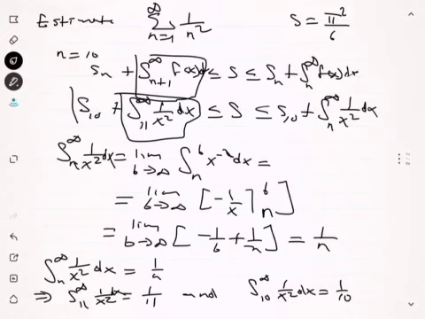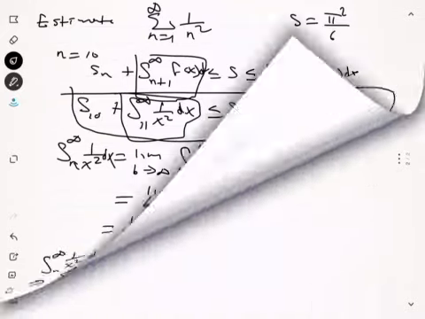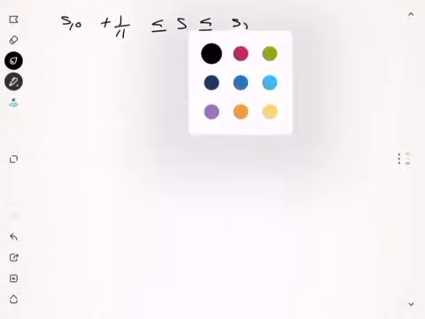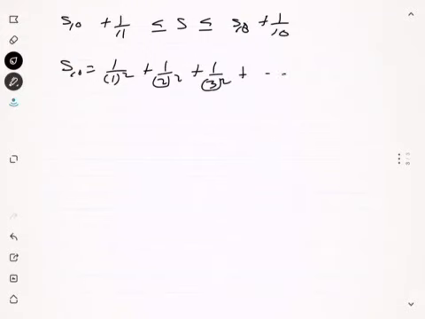So in other words, this guy right here, which I'm going to put in the other page because it doesn't fit here, is S10 plus 1 over 11 less than or equals to S, and S10 plus 1 over 10. And what is S10? Well, S10 is just 1 over 1 squared plus 1 over 2 squared plus 1 over 3 squared plus blah blah blah all the way to 1 over 10 squared, because it's just from the partial sums with n equals 10. And this is equals to